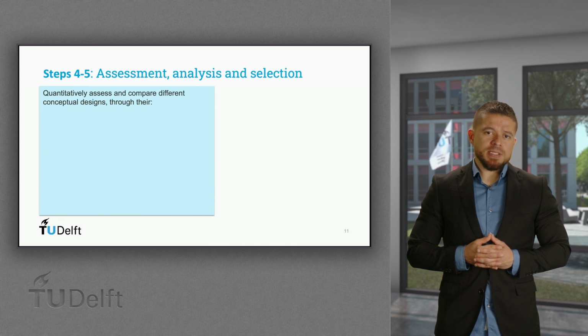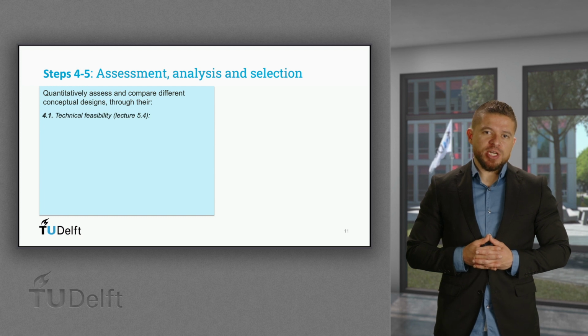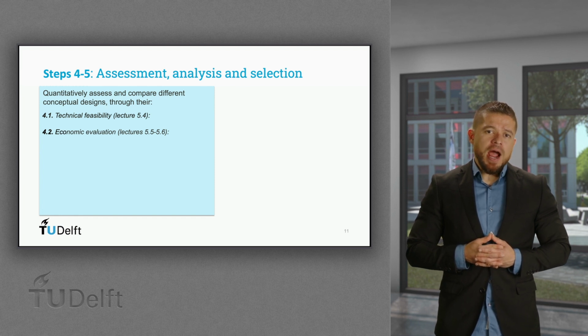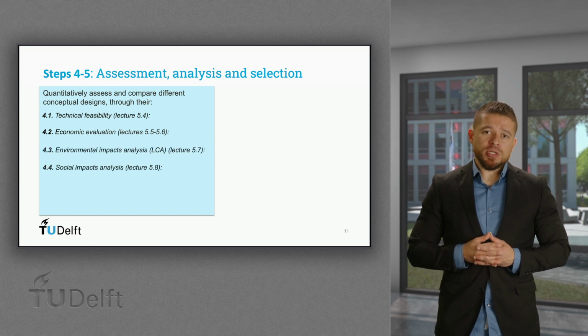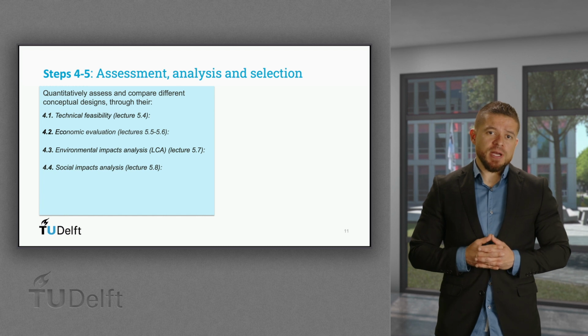Step 4 is the quantitative assessment and analysis, and there are different levels that we could consider. First, the technical feasibility should be checked. For this, we use mass and energy balances, which are based on thermodynamics, kinetics, and transfer phenomena. Then, the economic feasibility could be checked, where we can estimate the capital and operating cost and other financial indicators. Estimating the potential environmental and social impacts from the large-scale implementation of the project should also be part of our activities and responsibilities as process designers.